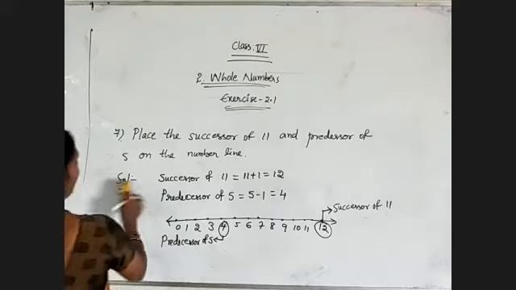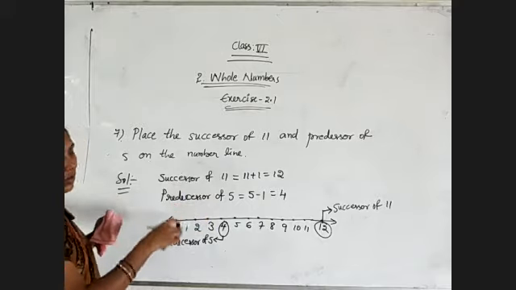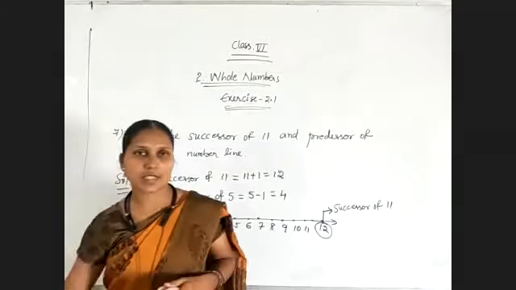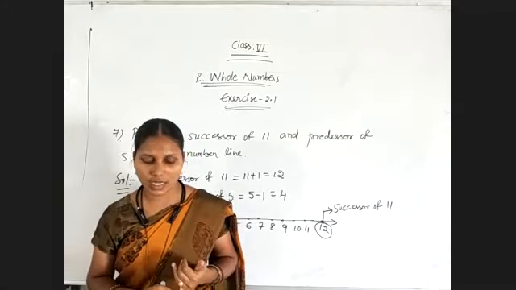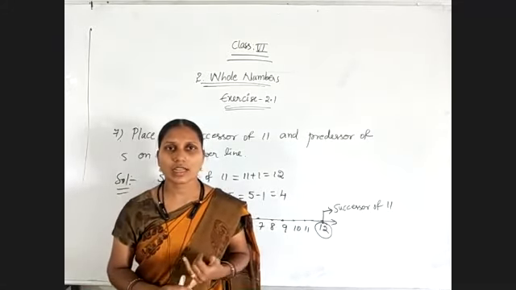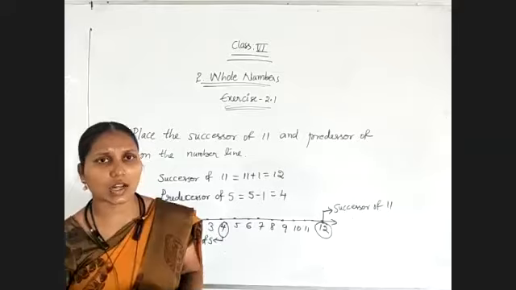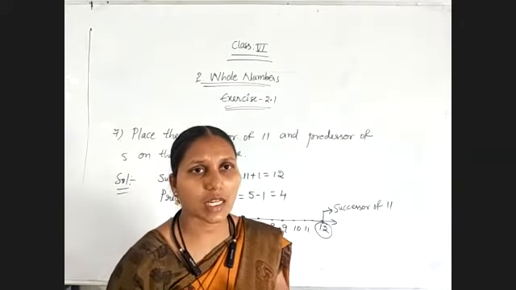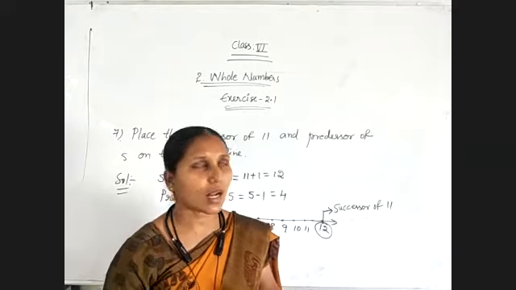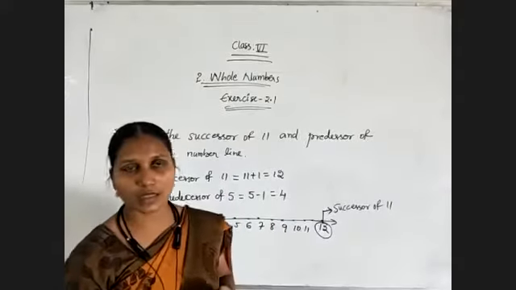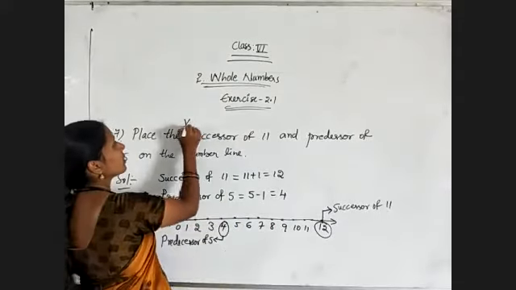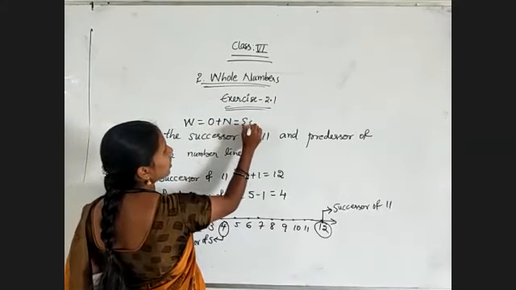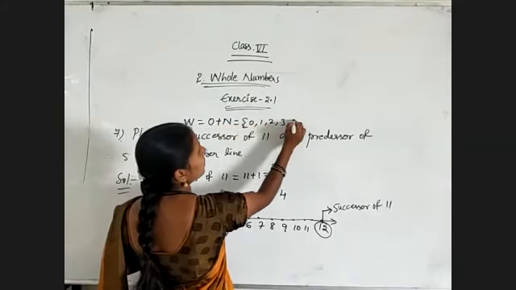So once again, till now, what we have discussed till this topic, I will explain. What are the whole numbers we have studied? That is nothing but the list of numbers from 0 to endless, all are called whole numbers. Otherwise, the combination of natural numbers including 0 is called whole numbers. Whole numbers are the combination of 0 and natural numbers together.